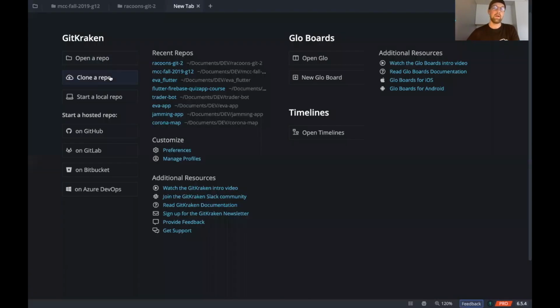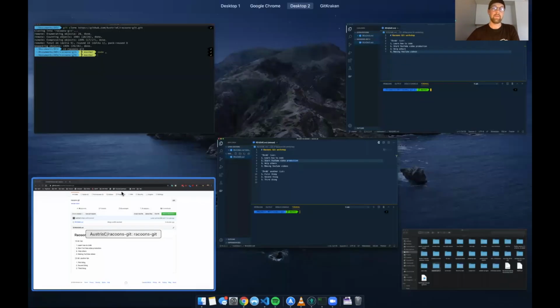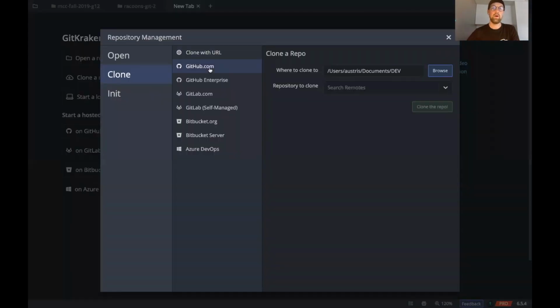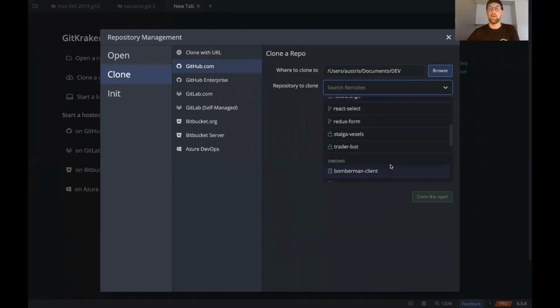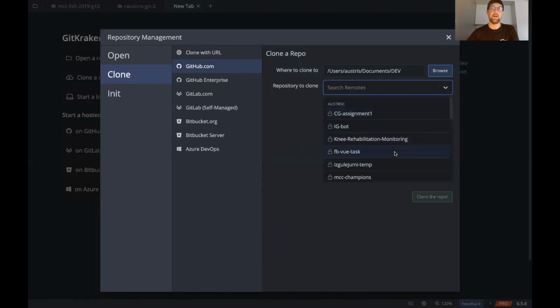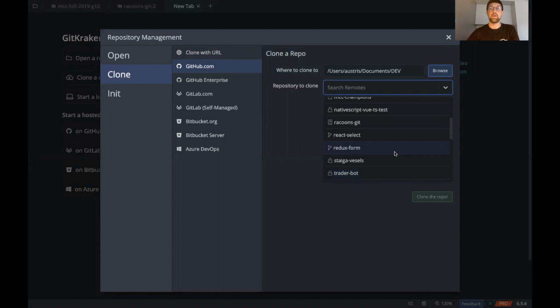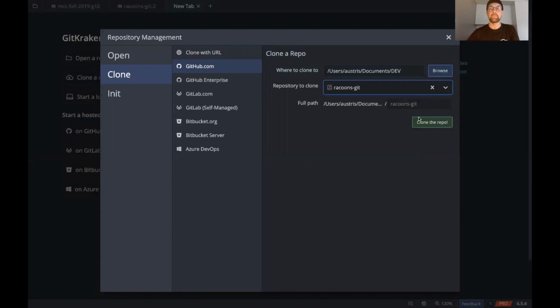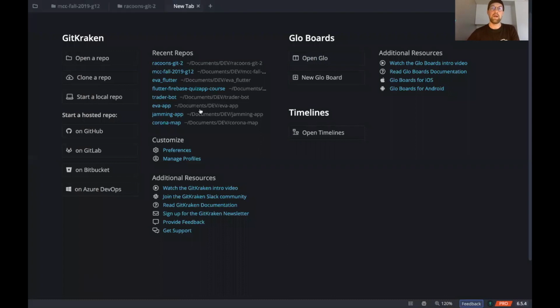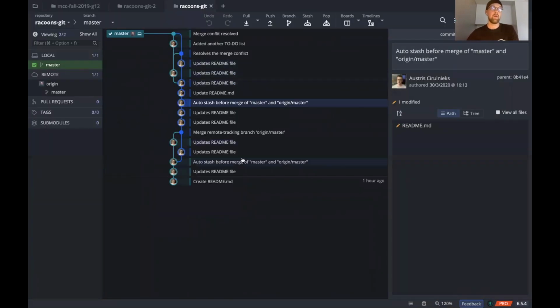And then, if you want to clone a repository, it's just as easy as copying the link. You can either go with the link and copy a link right here, but if you have GitHub connected, it automatically detects all the different repositories you have. We're going to go with Raccoons Git and clone the repository. So it's cloned. We're going to open it now, and here you can see all the history of Git that we've made before,